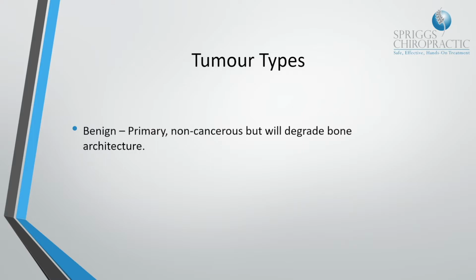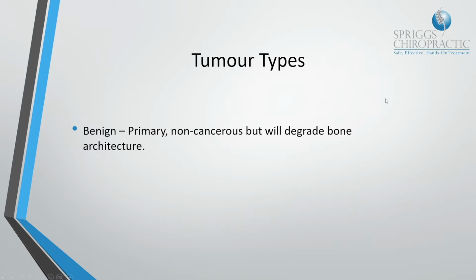But just because it's benign does not necessarily mean that it's nothing to worry about. I go through this with my students all the time. A benign tumour process does not paint a picture of it being nothing to worry about and the patient's going to be fine. The patient will be fine, but some of these conditions do require surgical resection, and if we don't, it increases the risk of us actually losing limbs and losing functionality of the limb. So it's important for us to understand that when we do see a benign tumour, the patient still needs a referral from your clinical practice back to their GP or to an oncologist or a surgeon